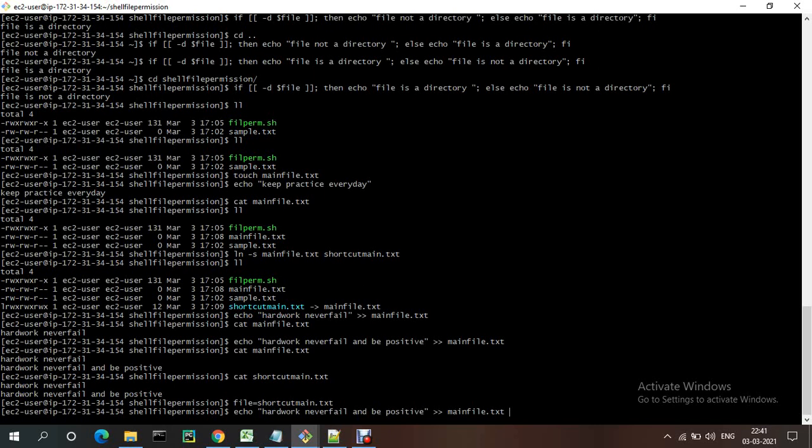And if I use this option -h, file is symlink. If it is a symlink, symlink, else file is not a symlink.